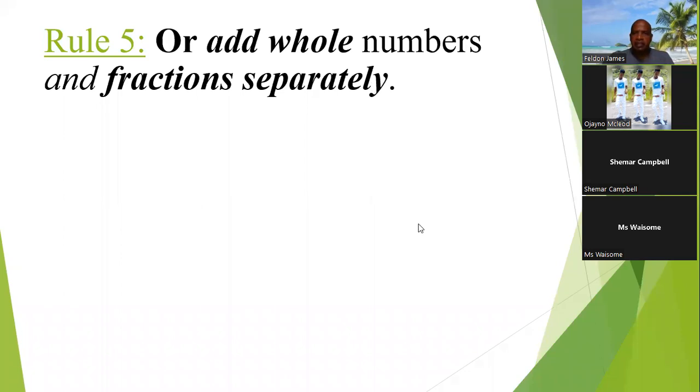So as I was just saying now, students, when we're adding mixed numbers, we can do that one of two ways. The first way is to convert the mixed numbers into improper fractions. Then you would add them in the usual way by finding the LCM if the denominators are different. And you just would use that particular